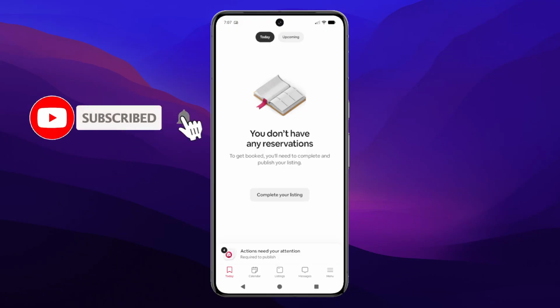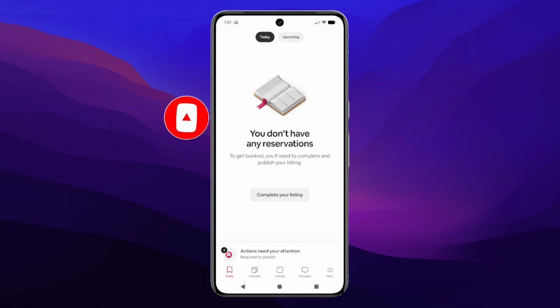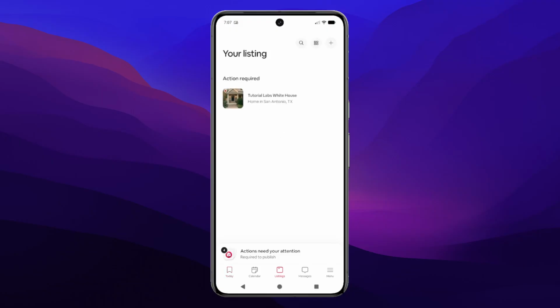First, open your Airbnb app and make sure you're logged in. At the bottom of your screen, you'll see several navigation options. Go ahead and tap on Listings. This will take you to a page where all your property listings are displayed, making it easy to manage each